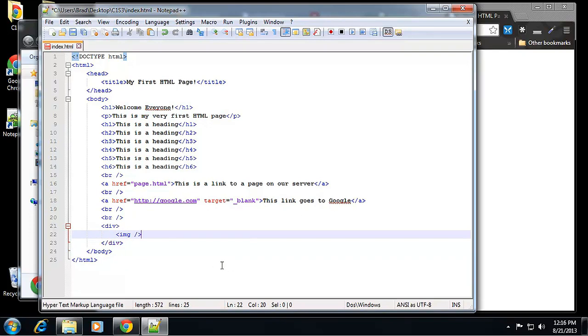Alright, so I told you we don't need to end it. We can just do this. Now we do need a couple attributes. The first one is the source attribute, which is src, and that is going to be equal to the location of the image. Before we do that though, I'm going to show you another attribute which is called alt, and that stands for alternative. This will be the text that will display if for some reason the browser doesn't find your image. Alright, so in this one we'll just say sample image,